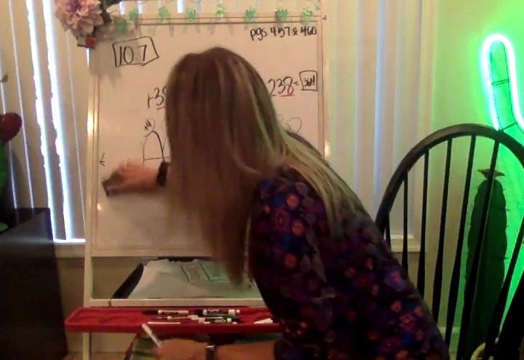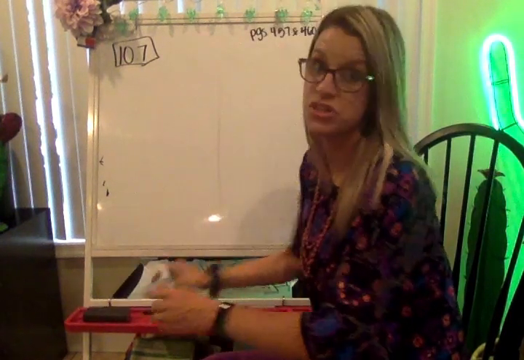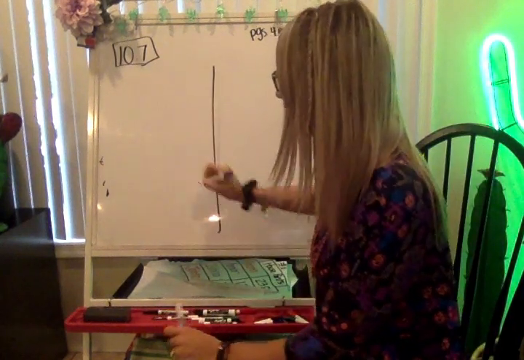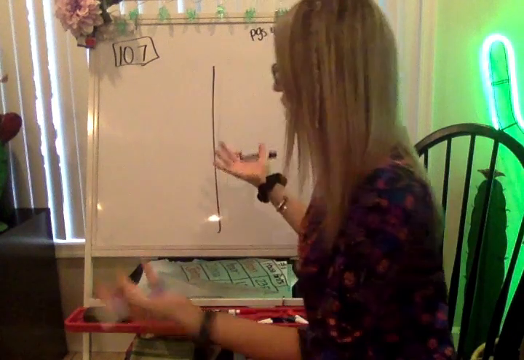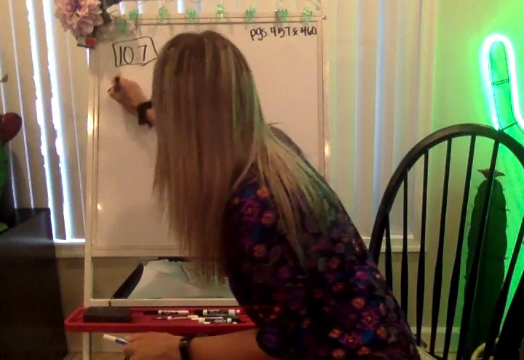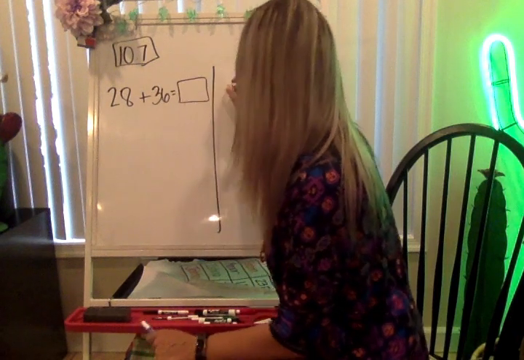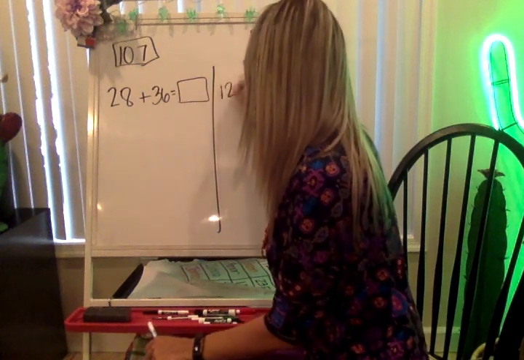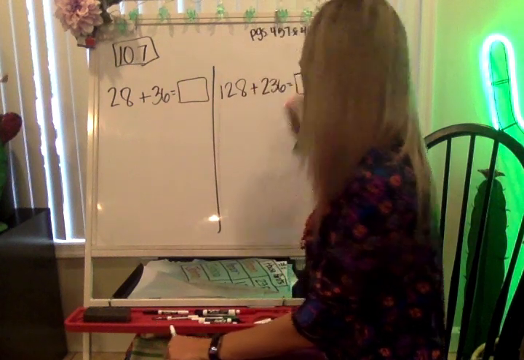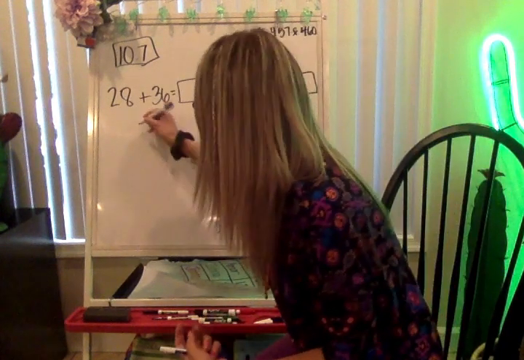Let's look at the next one. I'm going to show you another equation. This time I'm going to use partial sums in order to find the repeated reasoning that I'm going to be using. So we've got 28 plus 36 equals something. Then we'll do 128 plus 236 equals something. Now, if I was going to be using partial sums on this, I'm going to line them up